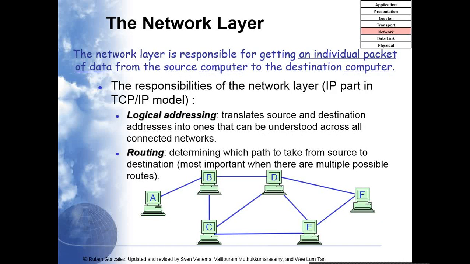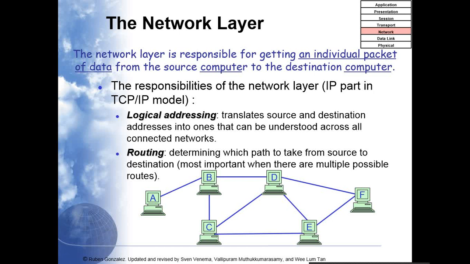So the network layer is responsible for getting an individual packet, so not the whole message, but just one packet from that message, from the source computer to the destination computer. That's not my neighbor necessarily, it's someone much further away. That means it might have to go through many machines to get there. So the responsibilities of the network layer, and this is the IP part of the TCP IP model, are logical